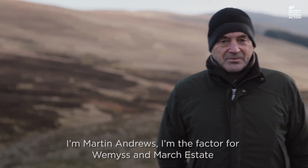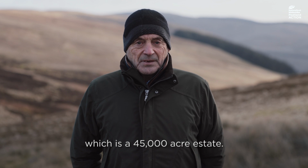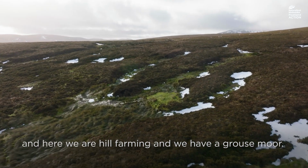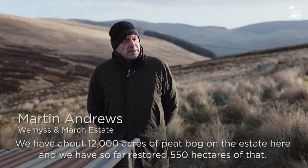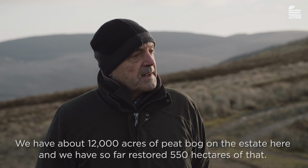I'm Martin Andrews. I'm the factor for Wemyss and March Estate, which is a 45,000 acre estate. And here we are hill farming and we have a grouse moor. We have about 12,000 acres of peat bog on the estate here, and we've so far restored 550 hectares of